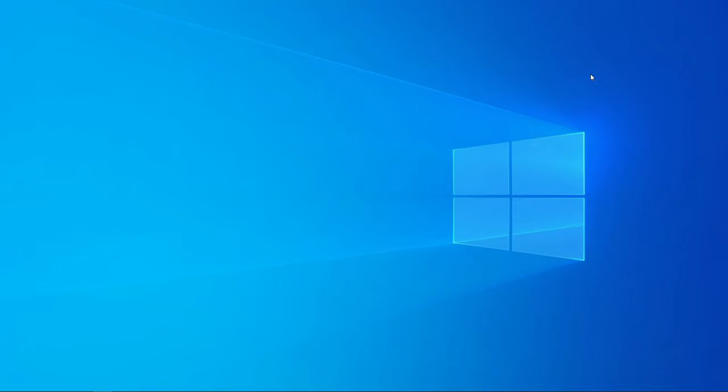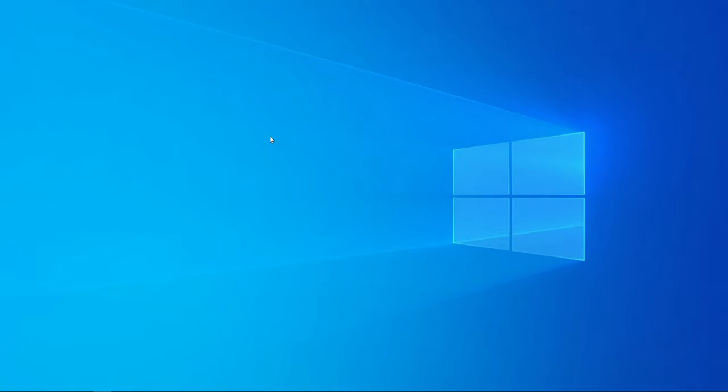In today's video, I'm going to show you how you can change the size of your pointer or your cursor on Windows 10. So as you can see, my cursor on Windows 10 is the regular standard one, which is the white small version of the cursor. So if you want to change this and make it a little bit bigger for any reason,